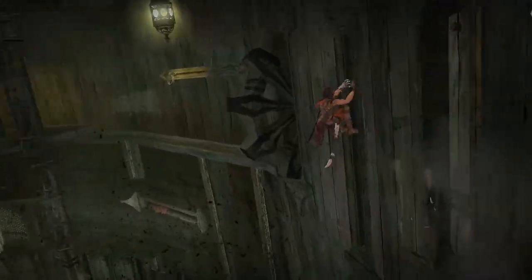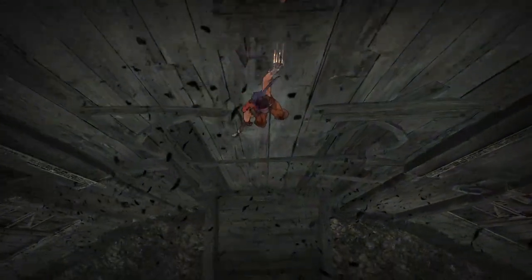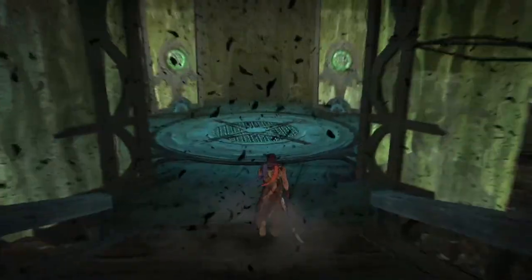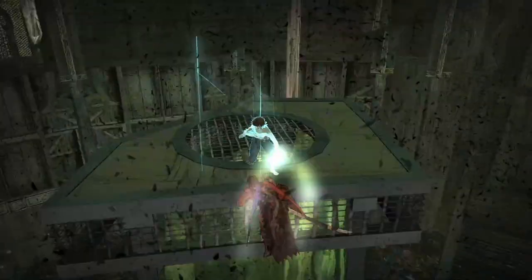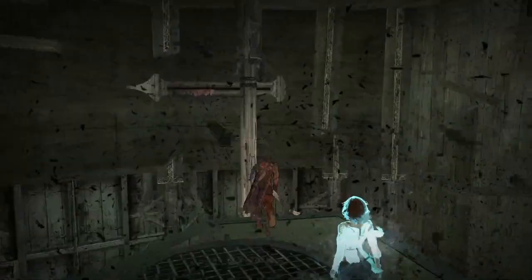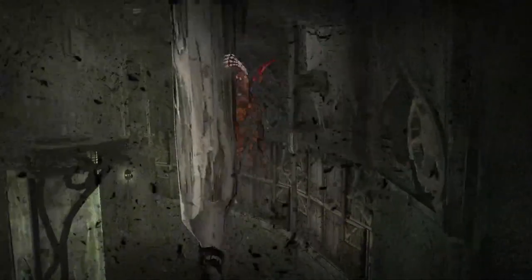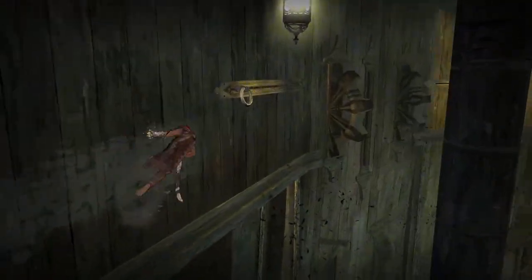So what they said was they did this to make the prince seem more human and retain the game's fast pace. I'm not exactly sure if I agree with this, because in the previous games and even in this one there are no sections of the game where I think that the prince isn't human. So just having this other character here that has powers doesn't make me think, oh, okay, he's just a man.